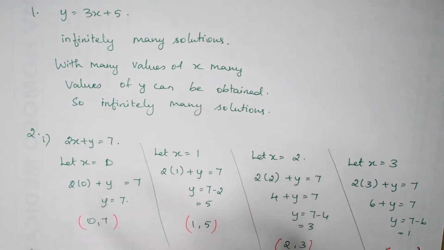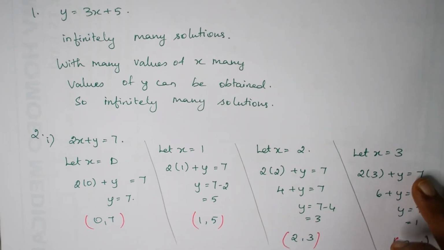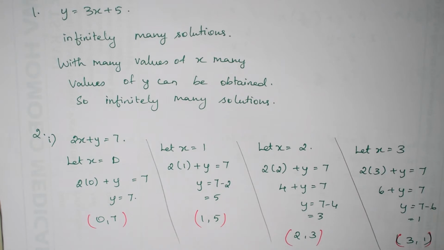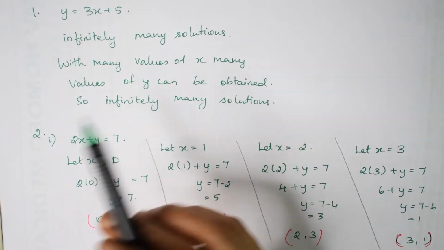Okay, first a unique solution, what do they mean? Suppose they are given a coordinate like this, 0, 7, 1, 5, 2, 3, like that. Can you draw a line with one coordinate? Just think, on a graph paper, can you draw a line with just one coordinate? Is it possible? It's not possible. So we can't get a unique solution with one coordinate. We can't draw a line with one point. So it means that the first given option is wrong. We can't have a unique solution for a given linear equation.